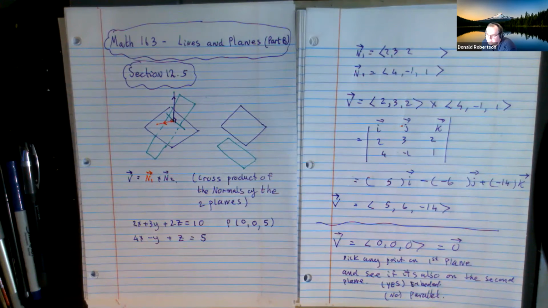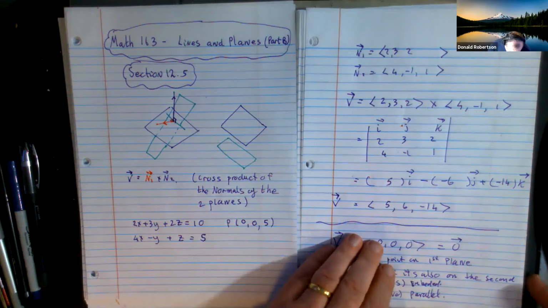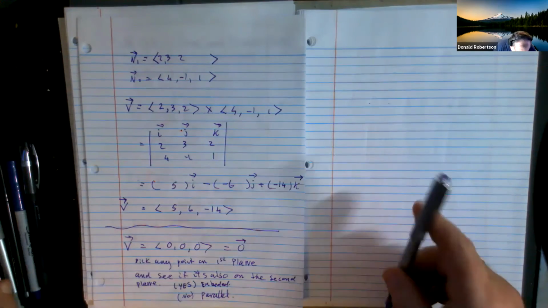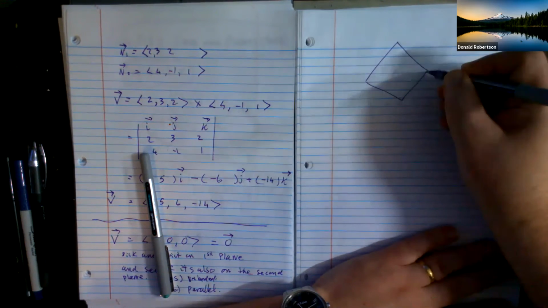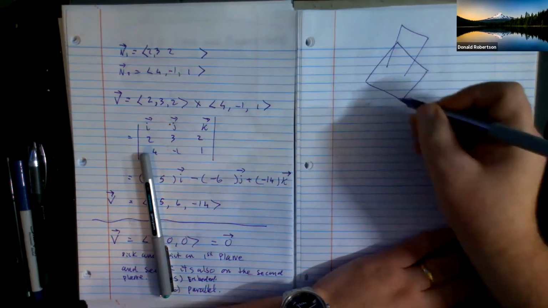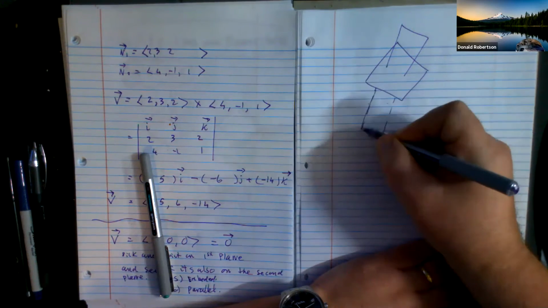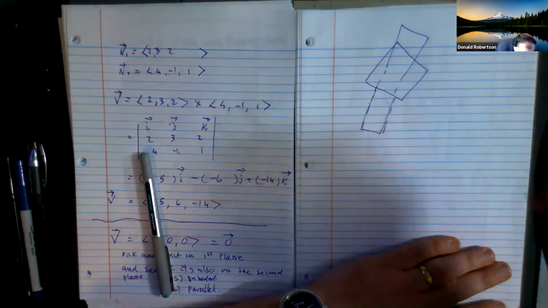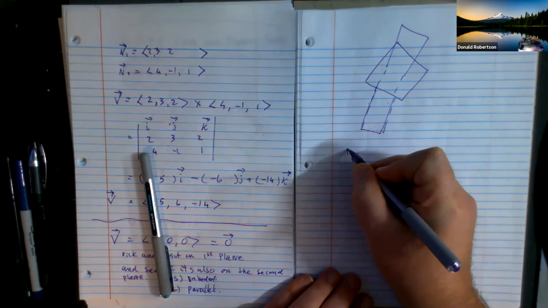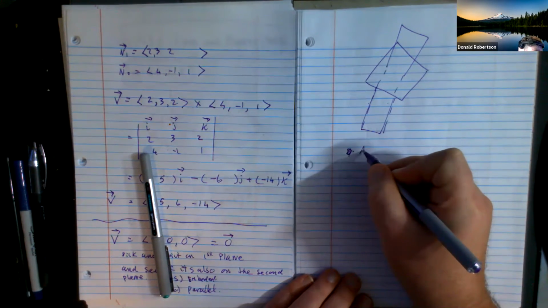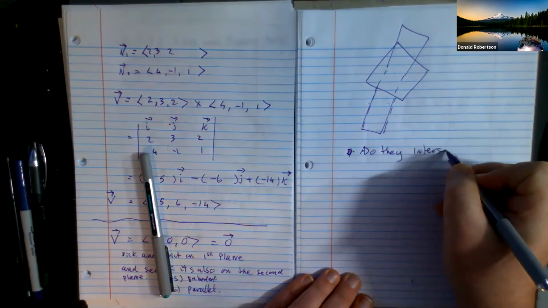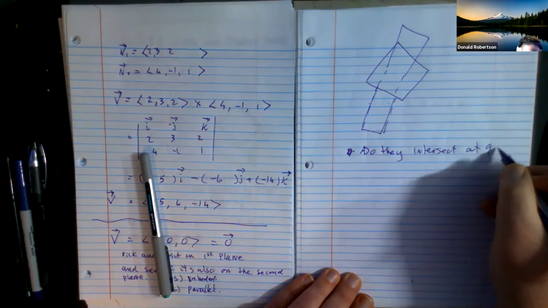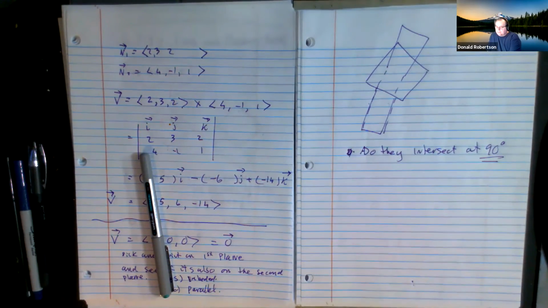So far, so good. Still working on how two planes interact. Let's suppose we know that they're not parallel. But I would like to know, how am I going to phrase this? Do they intersect at 90 degrees? So I know they intersect, but